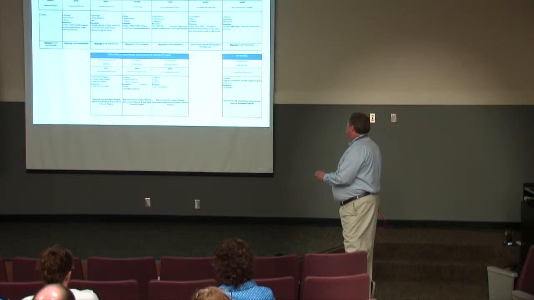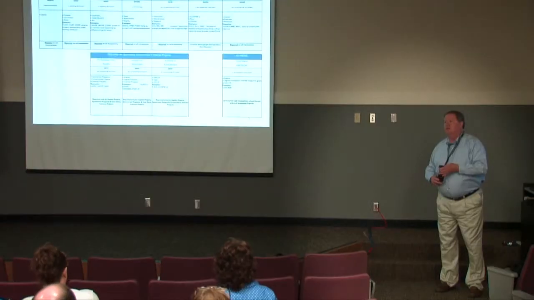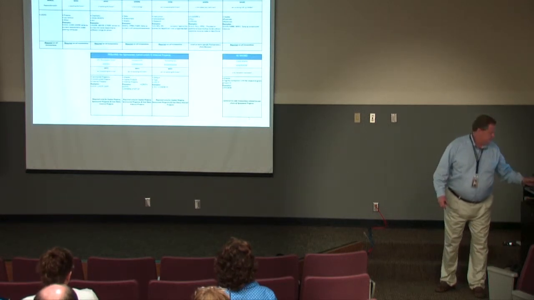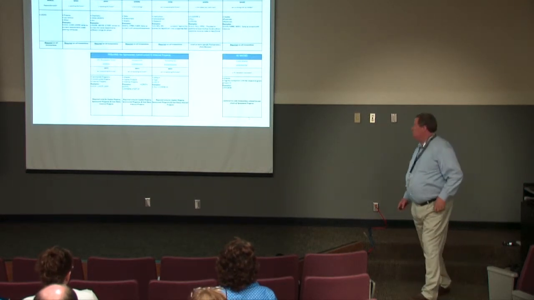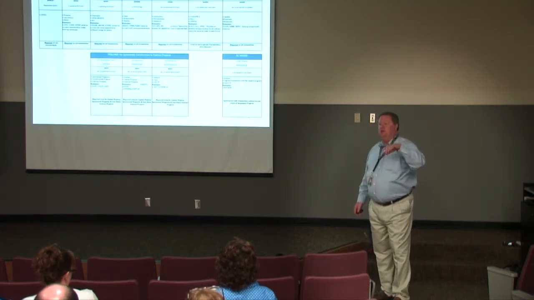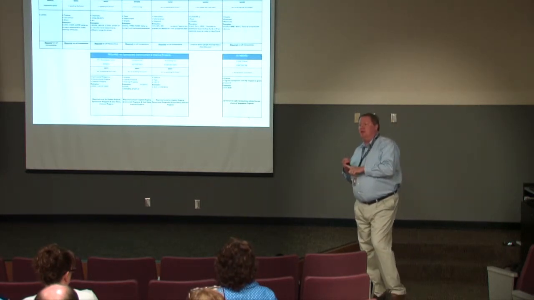The next value is product. And this is a new field that we're going to use. And the name of it being product probably throws everybody off. But really, what we're using it for right now is term. And then in the future, we may use it for other things. Such that anybody that works with the tuition accounts or the fee accounts, we now have an A901, an A902,